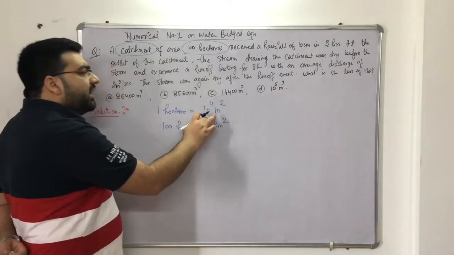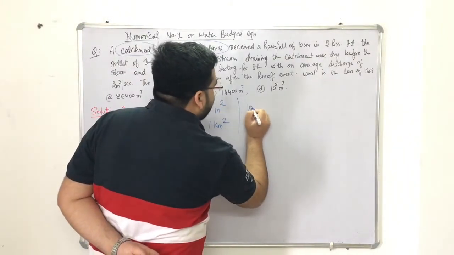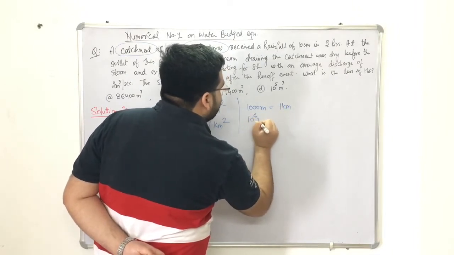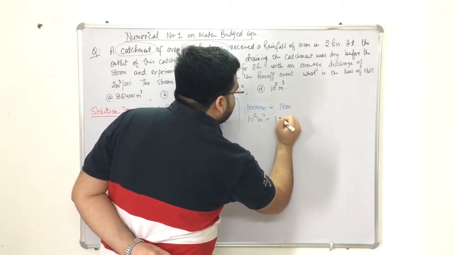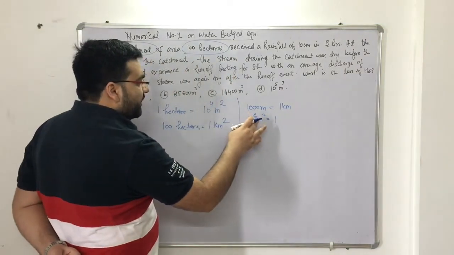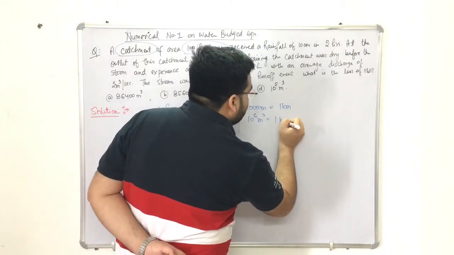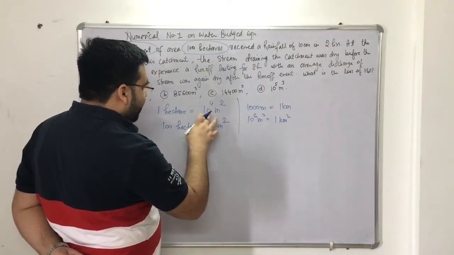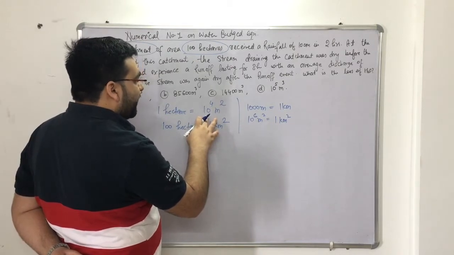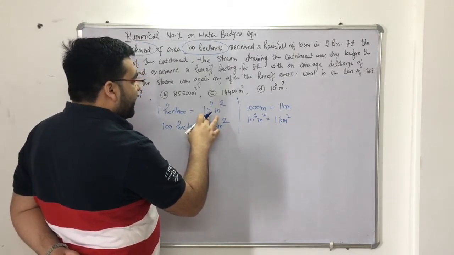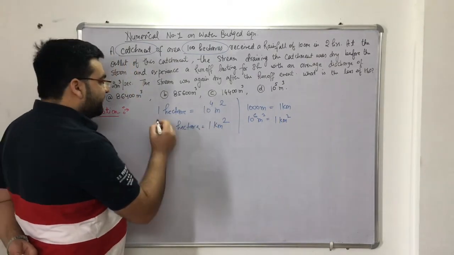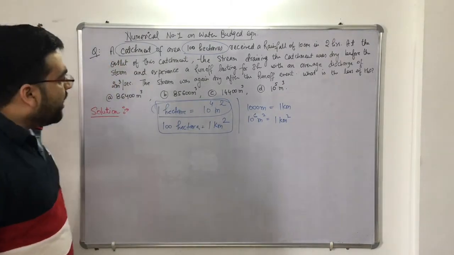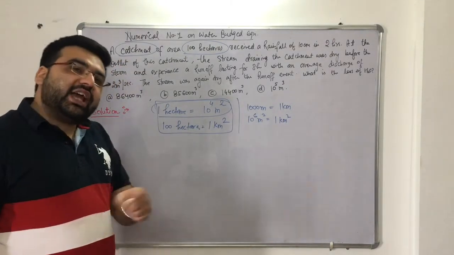If you know this unit, then you can determine it like this: 1000 meter is 1 kilometer. So 10 raised to power 6 meter square is 1 kilometer square, right? Now divide with 10 raised to power 6, so you will get 10 raised to power minus 2, that is 100 hectares is 1 kilometer square. Just remember this and you will get the other also. Hectare is a very common unit in hydrology as well as in irrigation.